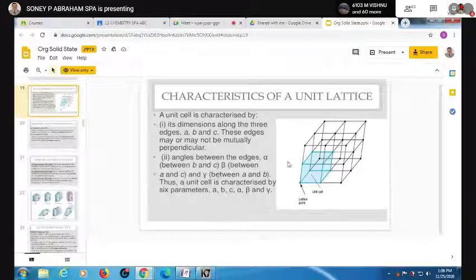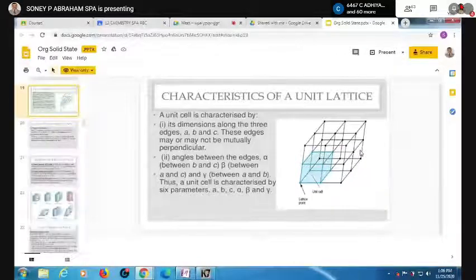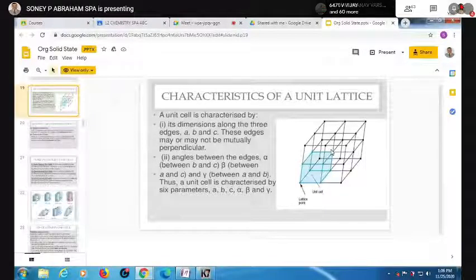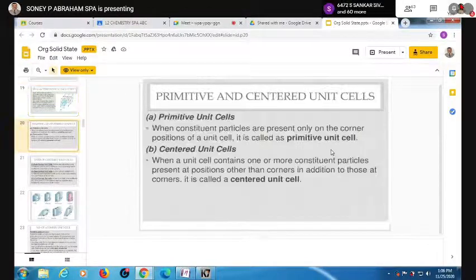Now you take this case. You take this corner which is at the center. To how many more unit cells is this center corner shared? It will be 8. This one will be shared with 4 in the same layer and 4 in the above layer. So that means each corner atom in a unit cell will be shared with 8 unit cells.